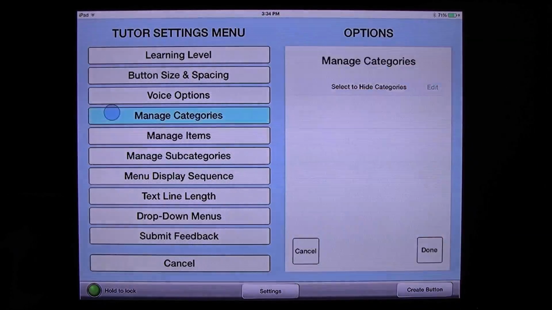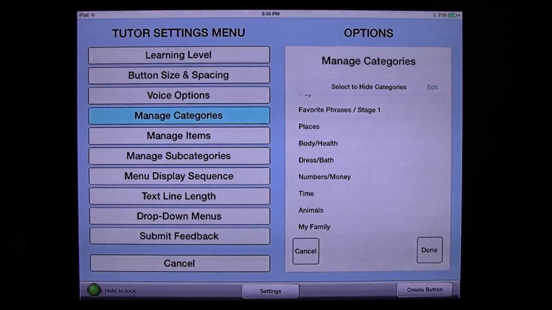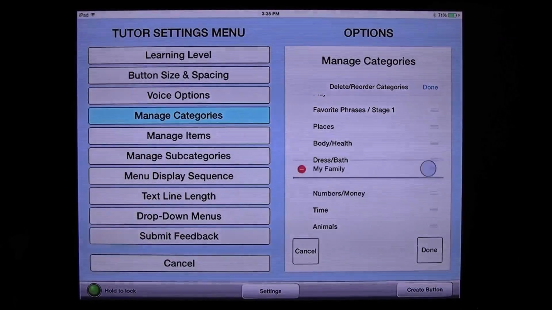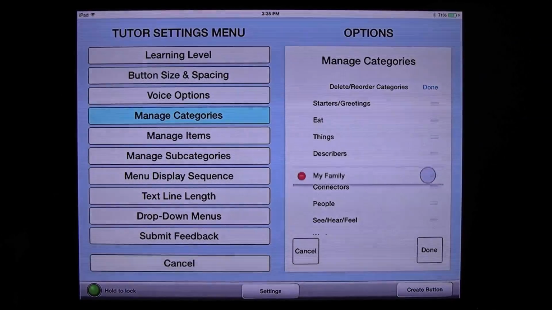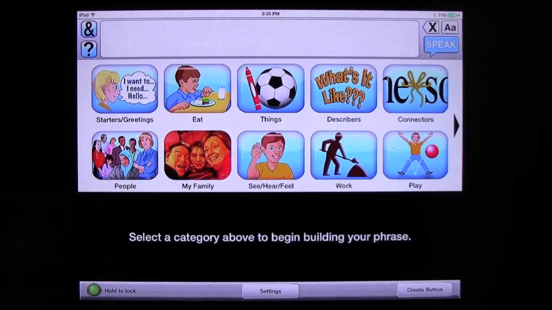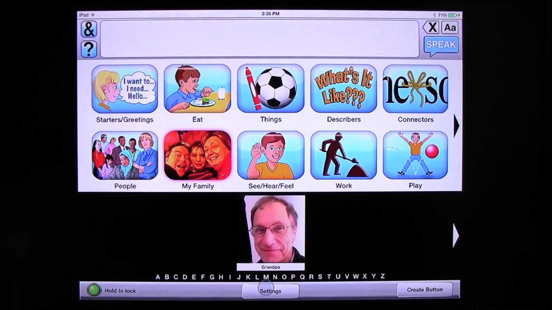Go back into settings, manage categories. Now, remember we created this My Family category. Let's say you want to put that closer to the people category. All you have to do is select edit in the upper right of the panel there, and see this little grill icon on the right side. If you touch on one of those grill icons, you can drag and drop any category and place it where you like. I like it to come right after the people category, so I'm going to place it right there. I'm going to hit done, and I'm going to show you where it's positioned now within stage 2. I'm going to hit cancel, and you can see My Family now appears right next to the people category where I wanted it. So I'm going to go back into settings,